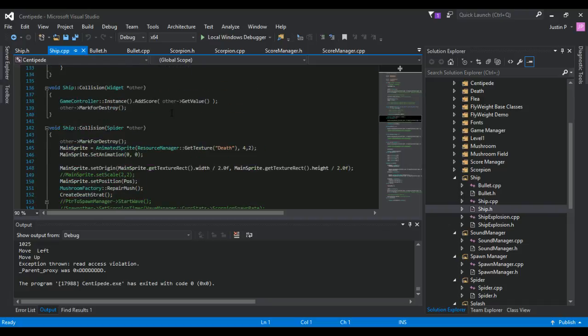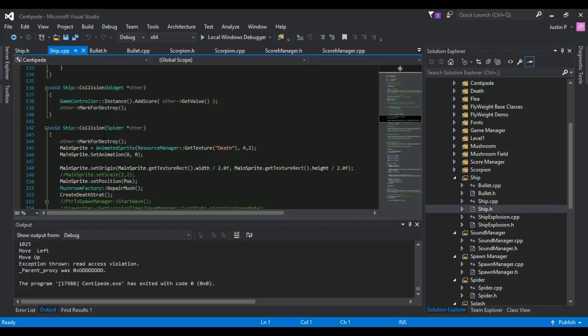And then collision with spider, I'm only going to go over one of these because the next 4 functions are all the same, and this was the bad part that I was talking about. So they call the exact same stuff for when they die, because the exact same stuff should die. I know the correct way to do this would be to make another separate class for this and just call that class's function within each of the collisions. Unfortunately, and I'm sorry that I did not do that, but